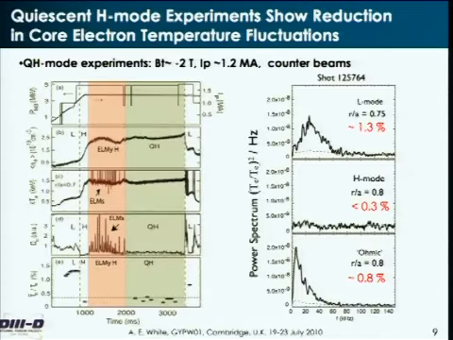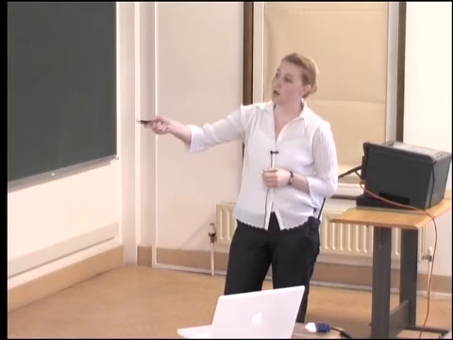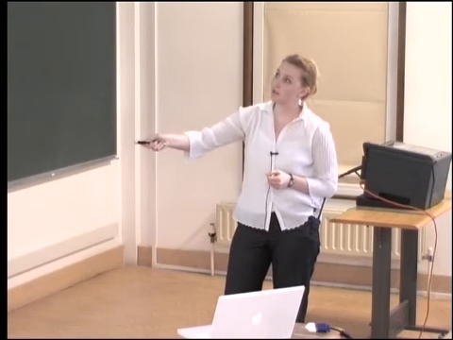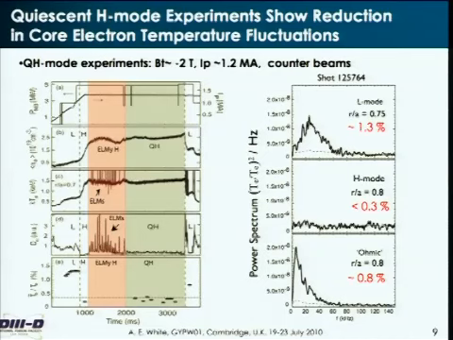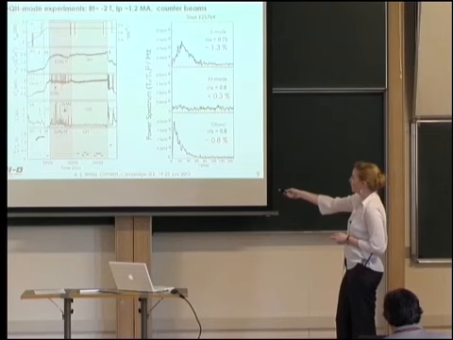And so, looking in more detail at this reduction in the electron temperature fluctuation amplitude we see as we go from L mode to H mode, looking in quiescent H mode experiments, which are ELM-free, has been extraordinarily important, I think, for really pulling out what's going on here. Now you can see the time traces here for these particular discharges have counter-injected neutral beam power coming in here, line average density, central temperature at about R/A of 0.7. This is the edge D alpha light, so you can see the drop as we come along with increased beam